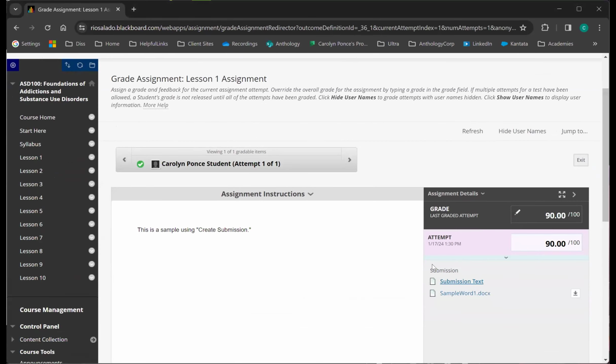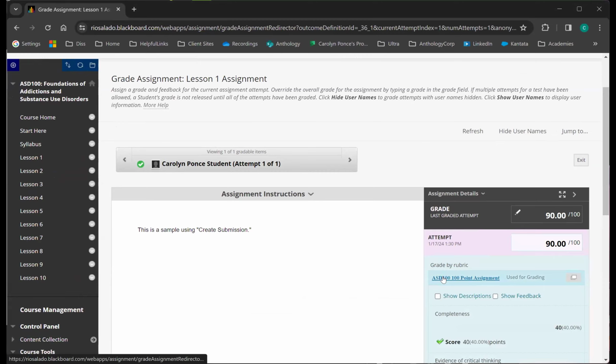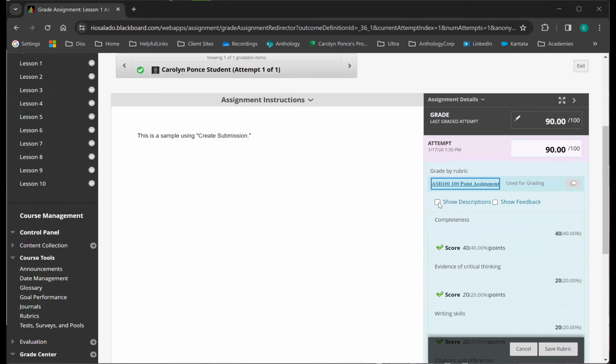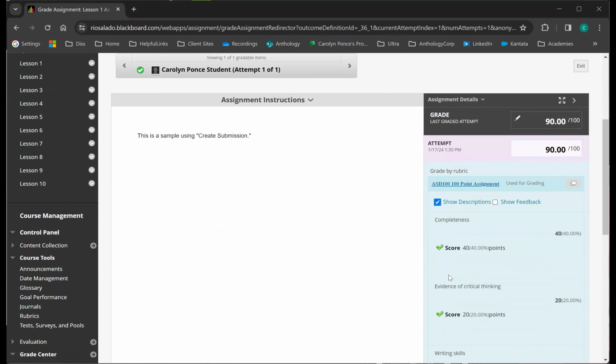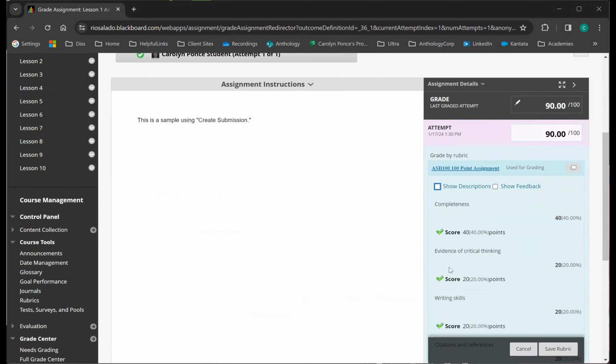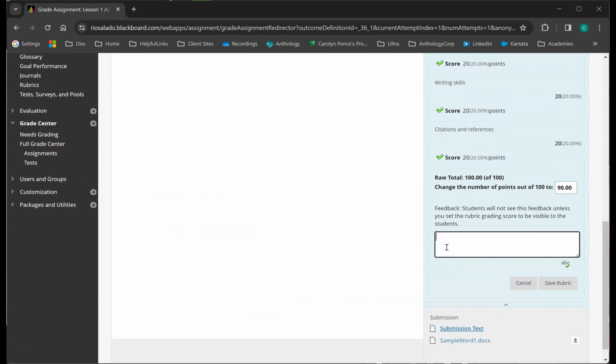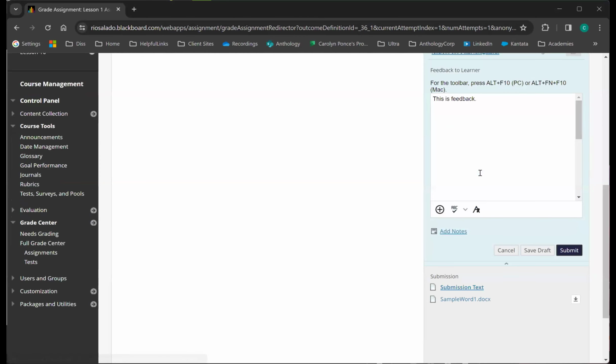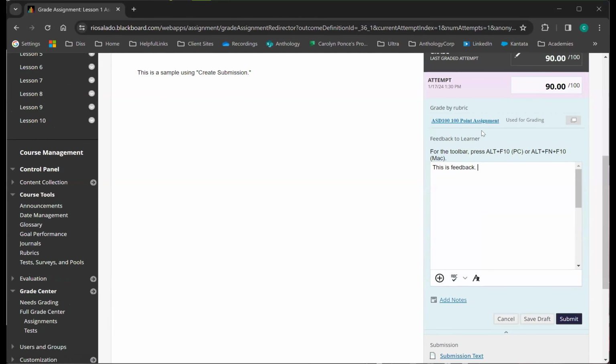So when there is a rubric used for grading, and if there were descriptions in here, there would actually be a place here for descriptions. But there is an opportunity to provide feedback to students within the rubric itself. There's also an opportunity to provide feedback on the overall assignment that students can see.